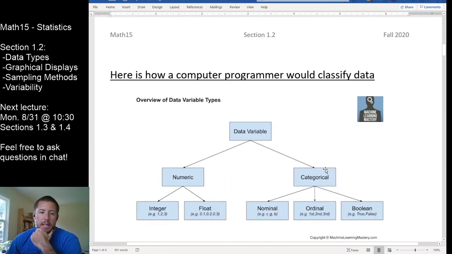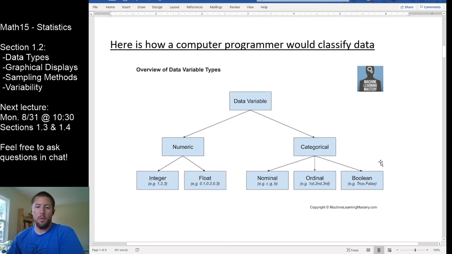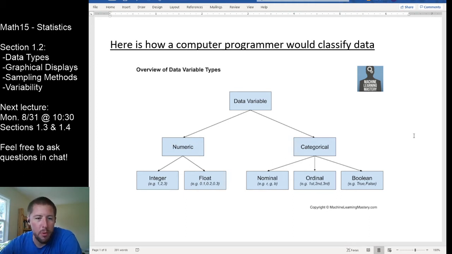I like this one because I do a bunch of programming and I thought this was a little bit interesting of a way that a programmer thinks about data very slightly differently. And by the way, the website that I found this at is Machine Learning Mastery. Machine learning is essentially programming for what modern movies would like to refer to as AI. And really all AI, or machine learning, is the perfect union of being a computer programmer and a statistician. It's helping teach a computer how to make the smartest possible predictions based on the data that it has